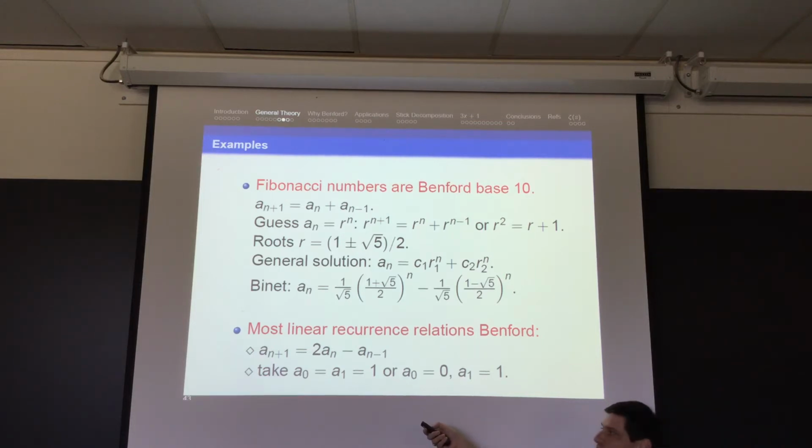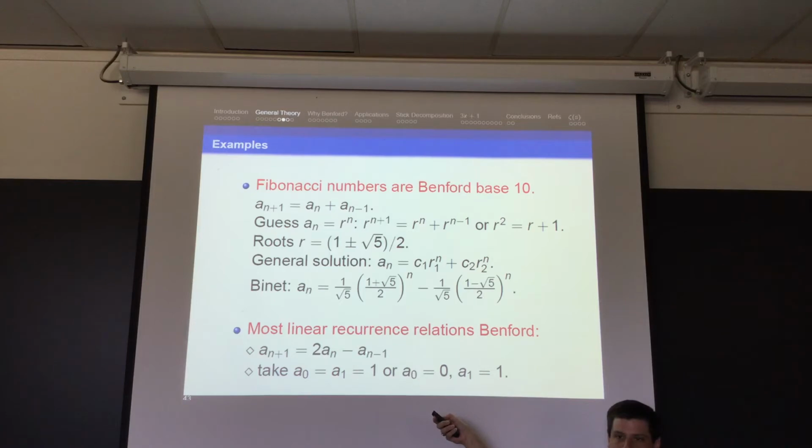So the first two terms are 1. What's the next term? Try again. 1. 2 times 1 minus 1 is 1. In fact, what's every term of the sequence? Every term is 1. If I take a0 is 0 and a1 is 1, then I get 2 times 1